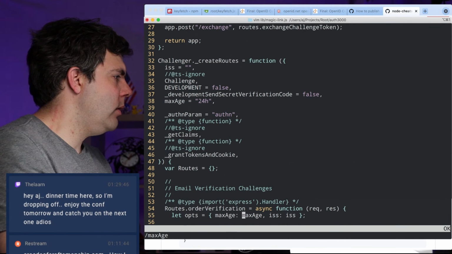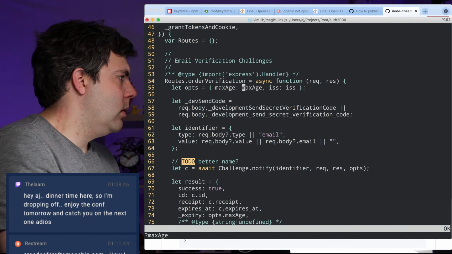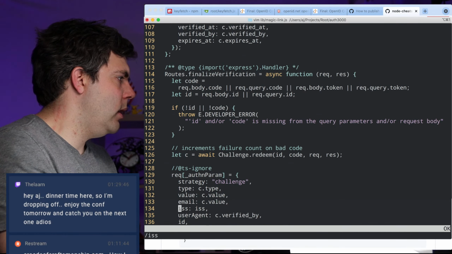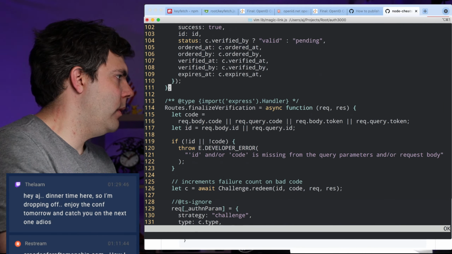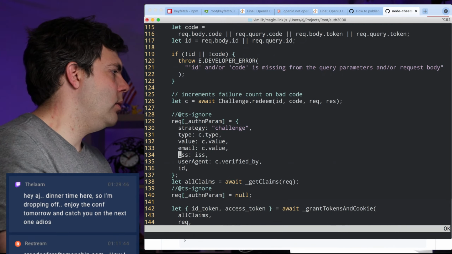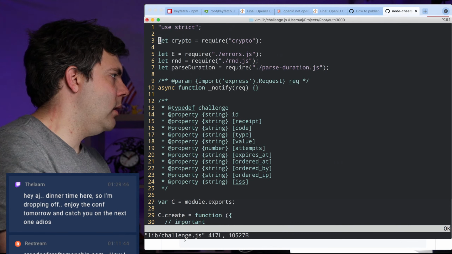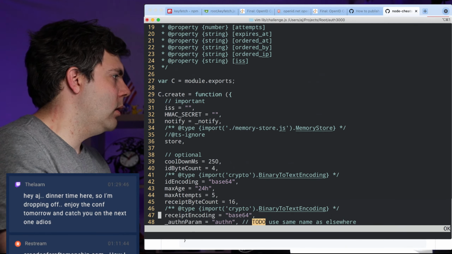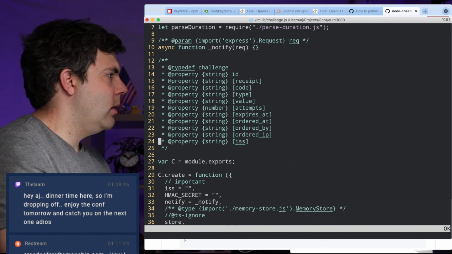Now, why do I actually need max age, though? I don't think I do. Do I need max age or issuer? Do I need issuer anywhere else? I need it in this bit, but could I not just as well get it from the challenge? I got issuer.